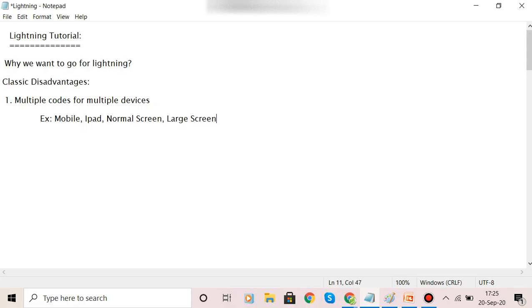Coming to the second disadvantage, different CSS frameworks for rich UI. UI means user interface. That means Visualforce code is not responsive.